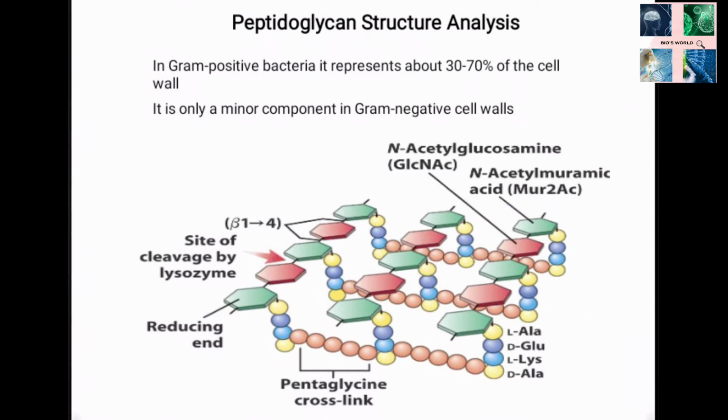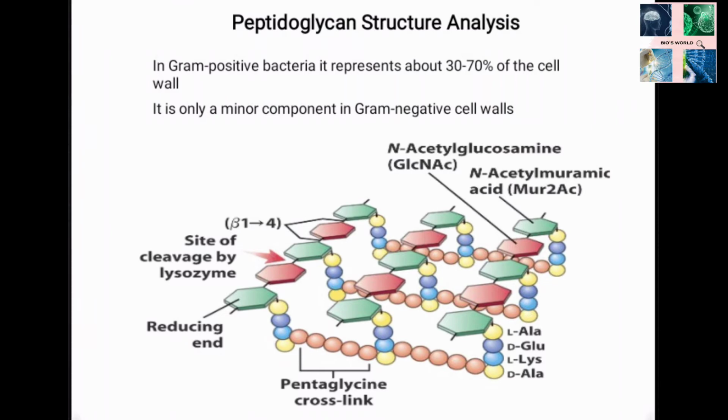N-acetylmuramic acid residues. This cross-linking of the glycan strands generally occurs between the carboxyl group of D-alanine at position 4 and the amino group of the D amino acid at position 3, either directly or through a short peptide bridge. It is a 3D cross-linked structure. Therefore, it is typically an insoluble polymer.